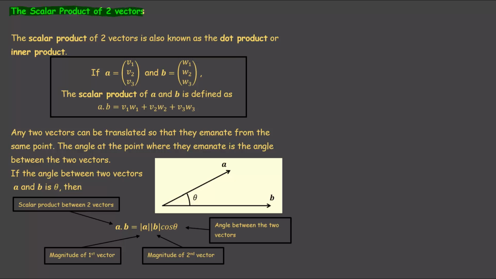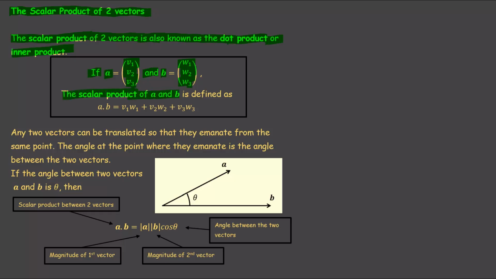The scalar product of two vectors. The scalar product of two vectors is also known as the dot product or inner product. If the vector A is v1, v2, v3, and the vector B is w1, w2, w3, the scalar product of